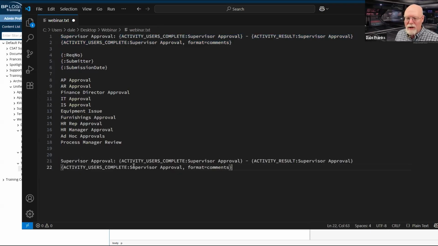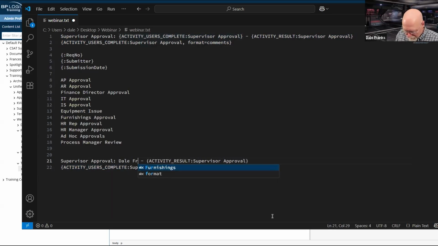What the user is going to see in text is, and let's say we both approve it. And then